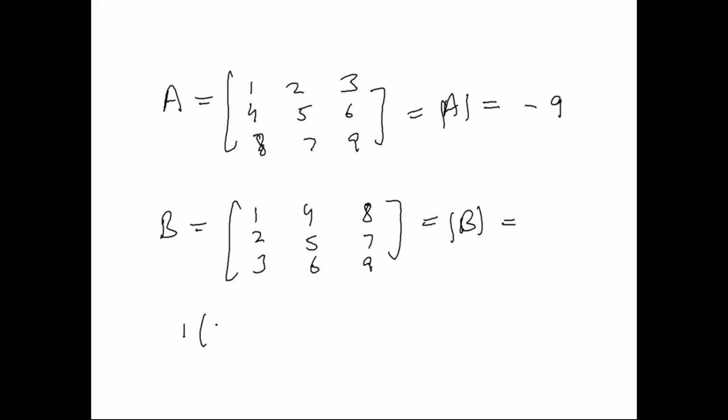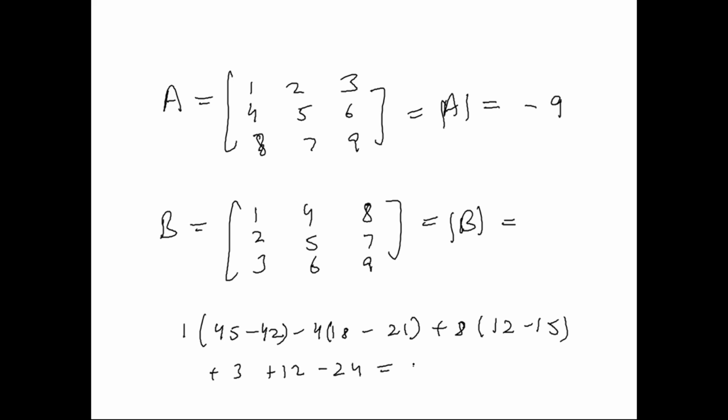Let us find 1, 5 into 9, 45, 6 into 7, 42, minus 4, 18, minus 21, plus 8, 12, minus 15. So this becomes plus 3. Over here it is minus 4 into minus 3, that will become plus 12. 8 into 3 will be minus 24. 15 minus 24. Ishwar, it is not coming 0 beta. It is coming minus 9 only. So you can see that whenever rows and columns are interchanged, the value of determinant does not change. You are writing it wrong. I guess you are writing this column as 7, 8, 9, whereas it is 8, 7, 9.